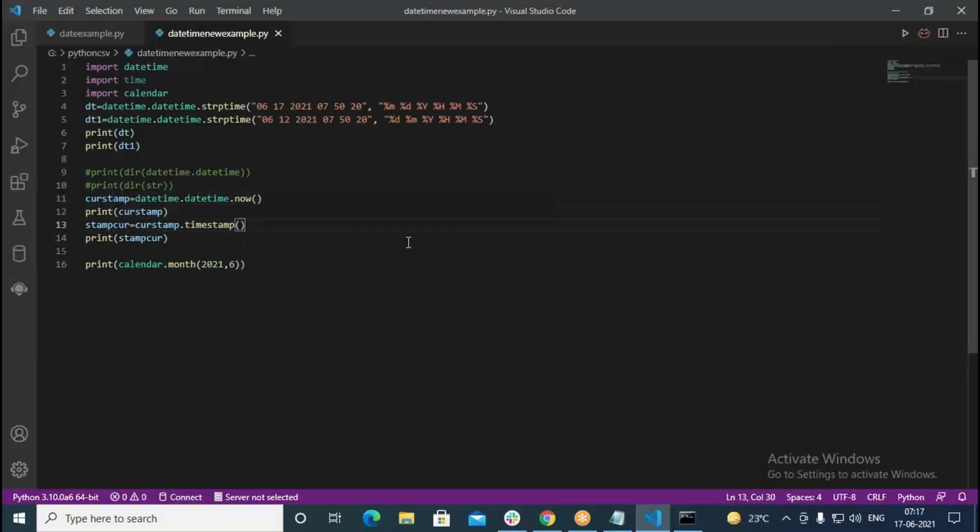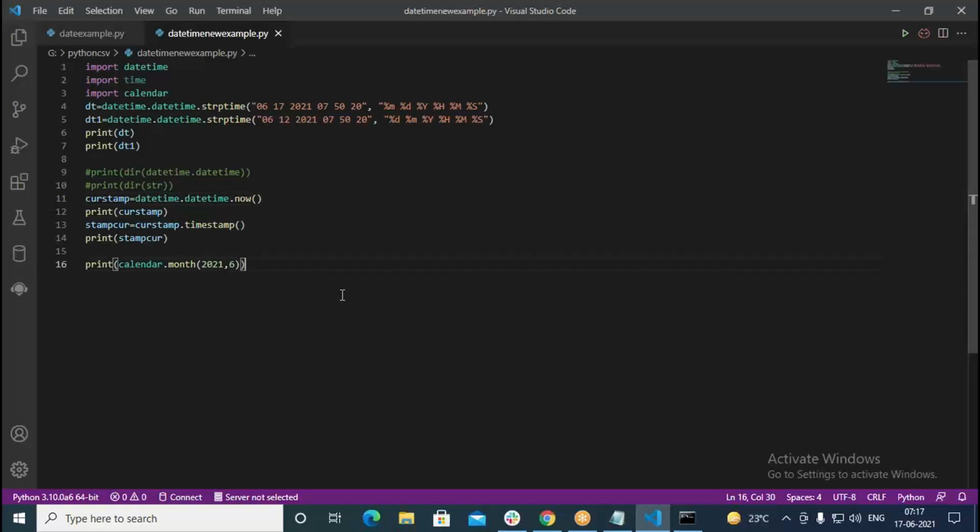So this is called an instance method, whereas with calendar it belongs to the class. This can be called a class level method. The timestamp one is an instance level method, because first we created an instance of the datetime object and then used it.